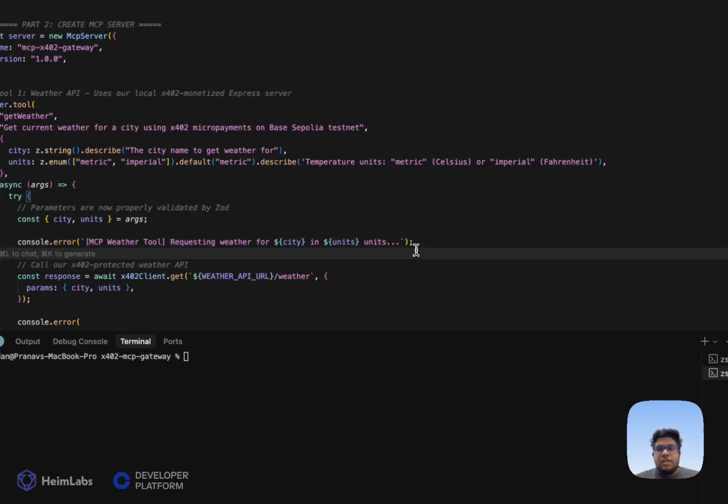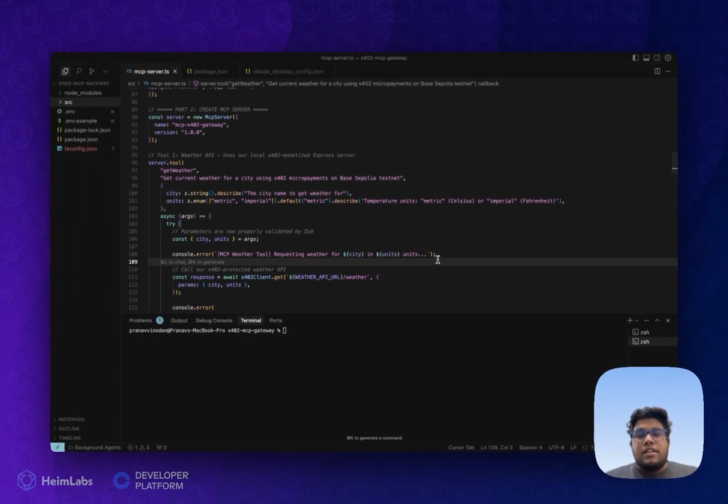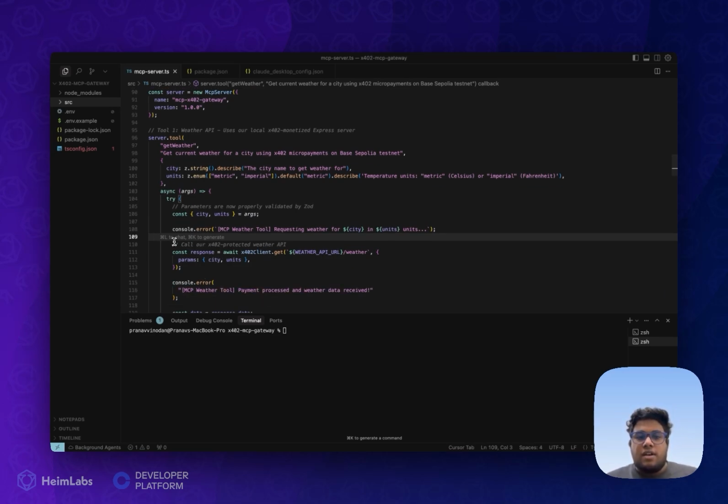Basically, when it comes to MCP servers, the JSON schema does not work properly, and the JSON schema often hinders the JSON RPC API processes. So we need to make sure that when it comes to logging, we shouldn't log console.logs directly to the MCP server implementation, because that will hinder the processes. So here we make sure that we use console.error, so that we do not have any JSON schema hindering the processes, and the server processes are smooth.